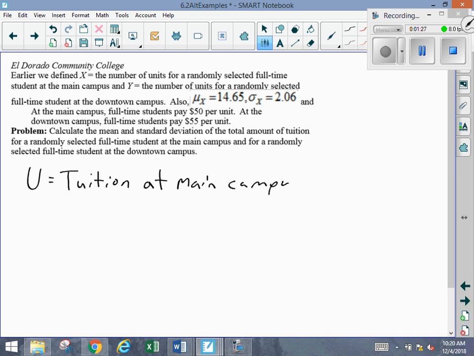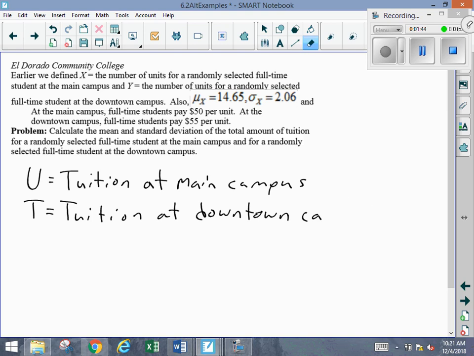We can kind of do this without the numbers. And if T was tuition at downtown campus, then